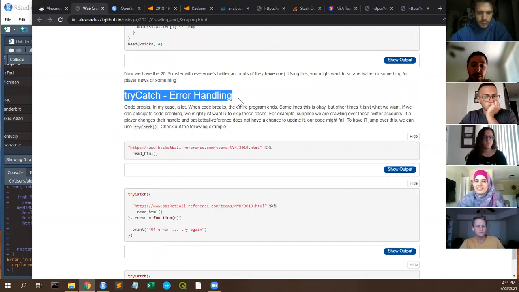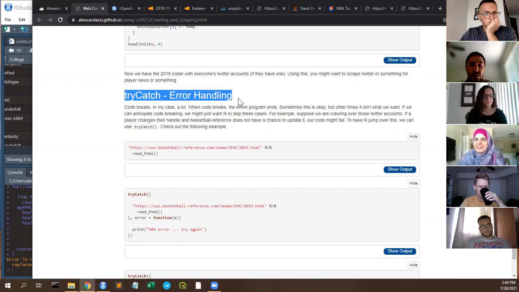You're looping through something, and maybe for some reason the Knicks didn't play in 2019, or something happens, but you can anticipate it. For example, if you're scraping and you get a 404 error because the website took too long to respond, or there's a server down, and you can anticipate it, you can use this thing called